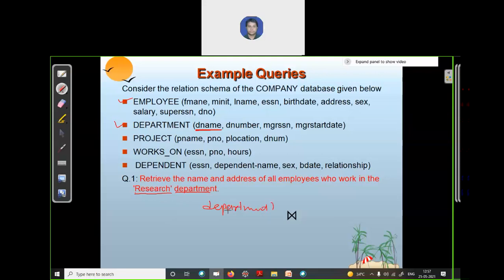Department, and where the condition is D name equals research. So it will give you the department having research, I mean the details of the department of research.